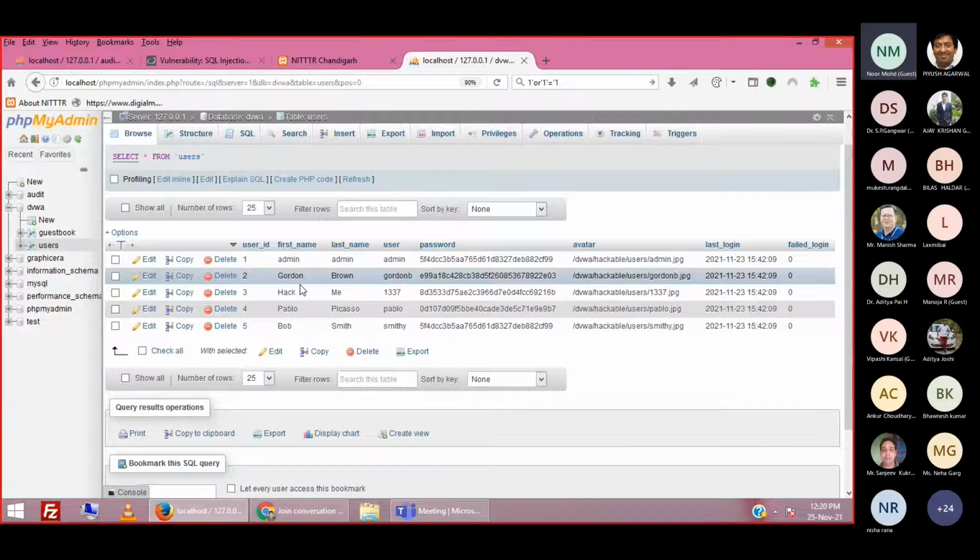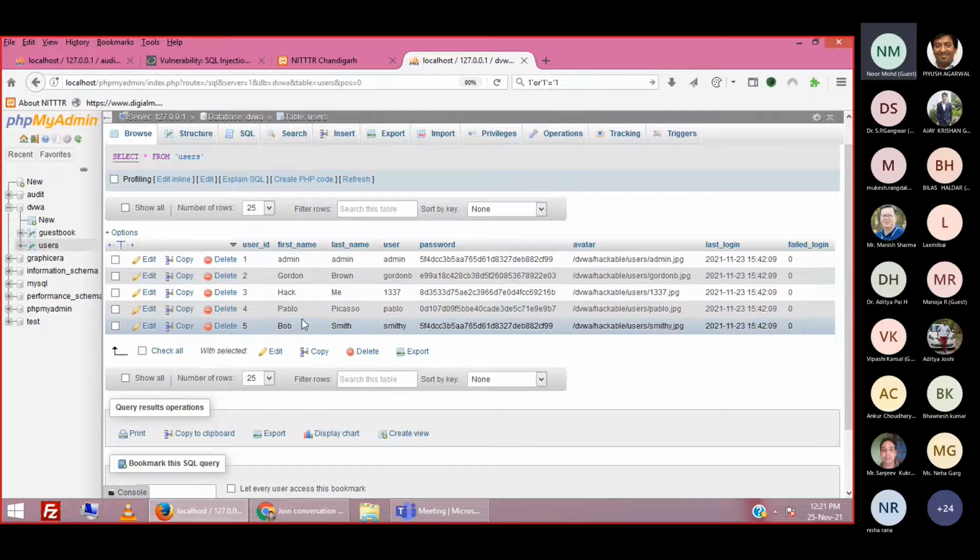When we were setting up DVWA, there was a button on which we clicked to create or reset the database. So we clicked on that button and this database has been created automatically, right?